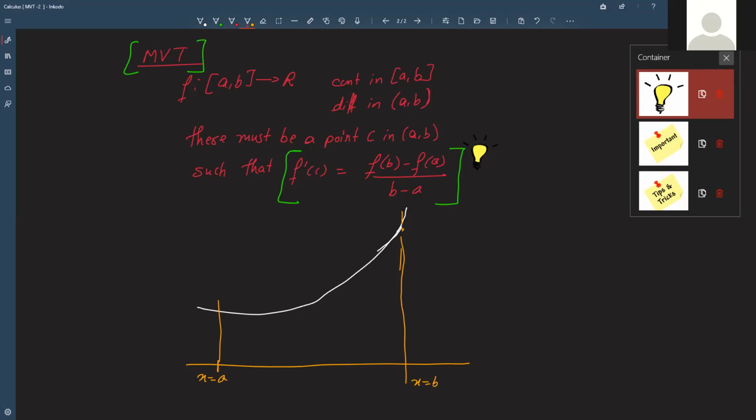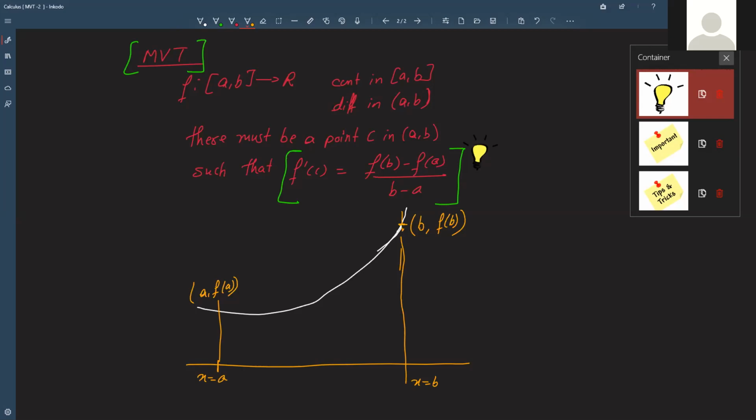So this point will be what? Its x coordinate will be b and its y coordinate will be f of b. And in the same way, this point will be a comma f of a. So these are the two points. What we are saying here is there will be a point C